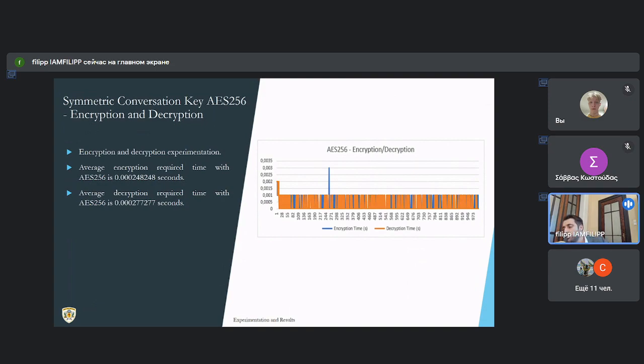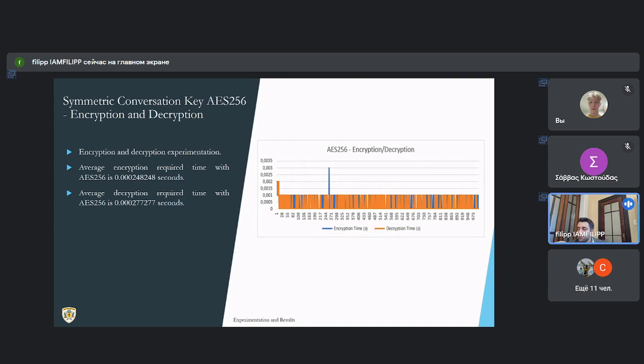The AES algorithm requires in the test mobile devices an average value of 0.000248248 seconds to successfully encrypt the 256-bit symmetric chat key. On the other hand, it requires an average value of 0.0002772 seconds to successfully decrypt the 256-bit symmetric chat key.